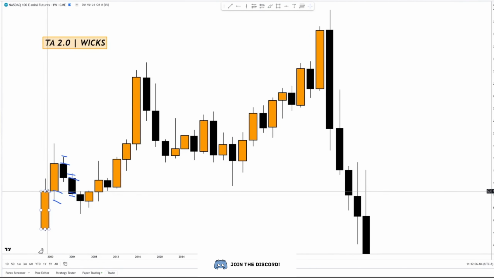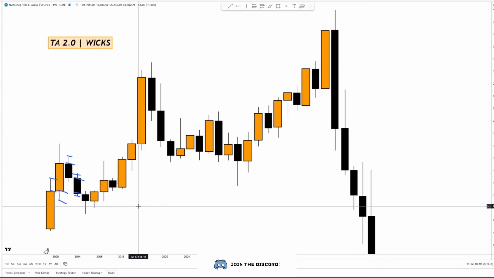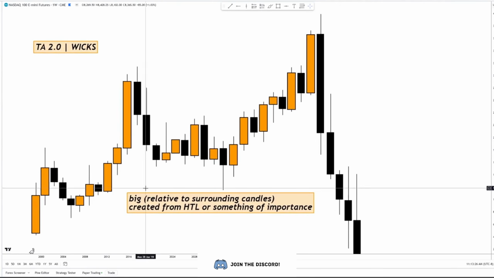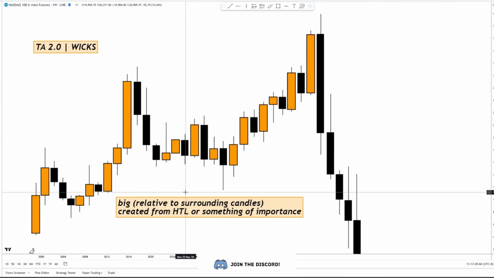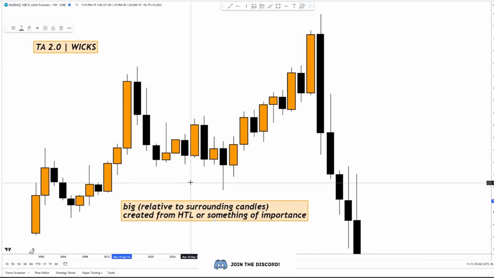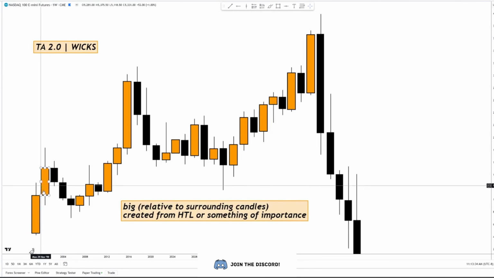It's not like a fair value gap where they're kind of rare. Wicks are in every single candle, right? So we can't just look at every single one, and that's the very first important part of this. We have to come with a set of criteria. So I'm going to lay out a set of criteria. Now, the criteria that I use when I look at wicks is really simple. I have two things that I'm looking for. They're big relative to the surrounding price action, relative to the surrounding wicks in price action, not candle bodies,